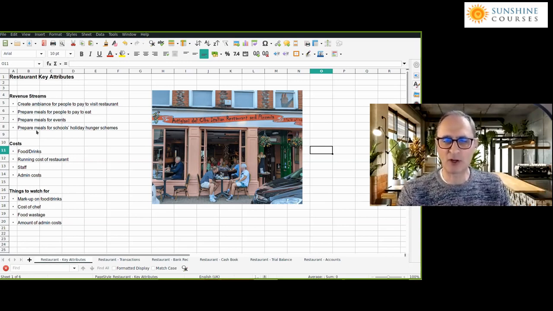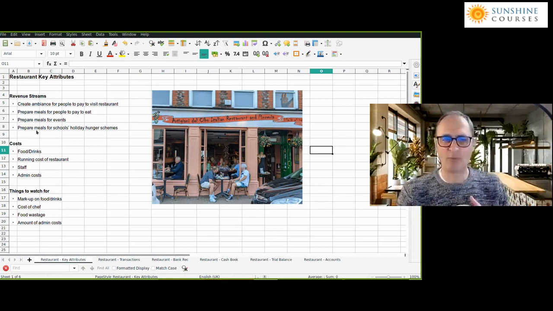But a lot of the running costs of the restaurant are fixed. Whether you sell food or not, you've still got to pay rent, you've still got to pay your staff. And there's a number of administrative costs. So those are the key things that if we're doing restaurant accounts, we want to identify. So when we do our categories, those are the key aspects we want to distinguish and to highlight and to summarize. And things to watch out for: